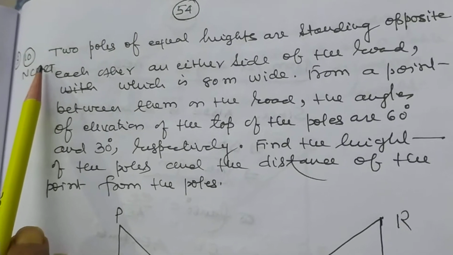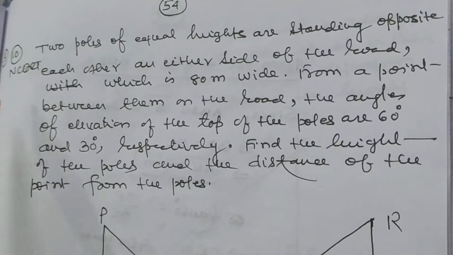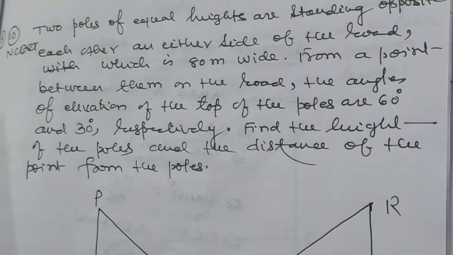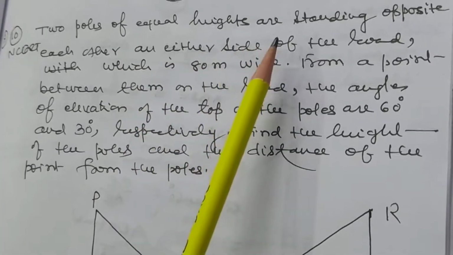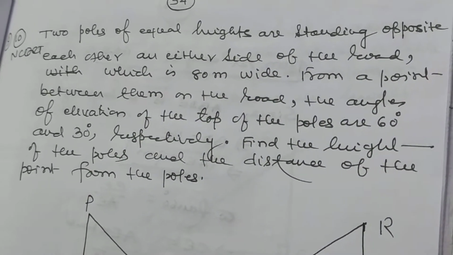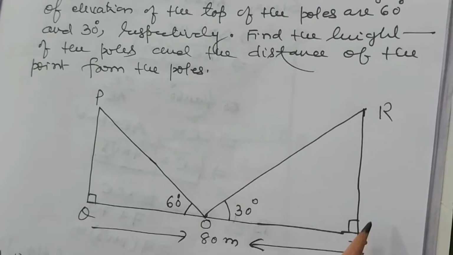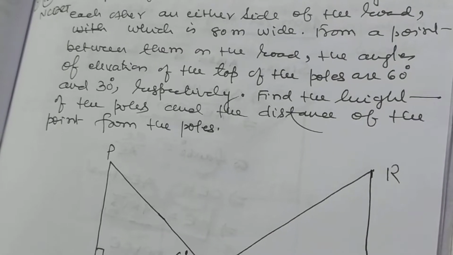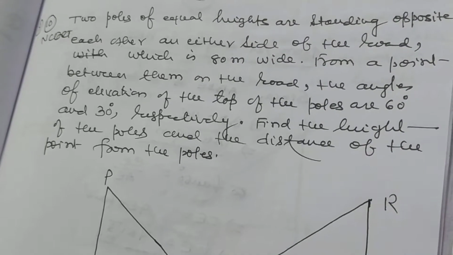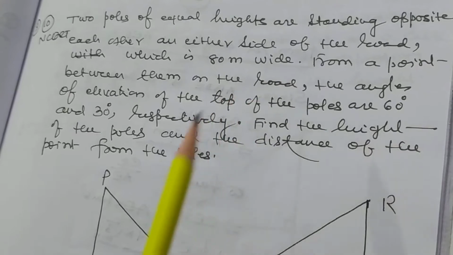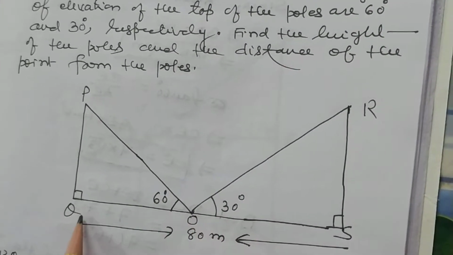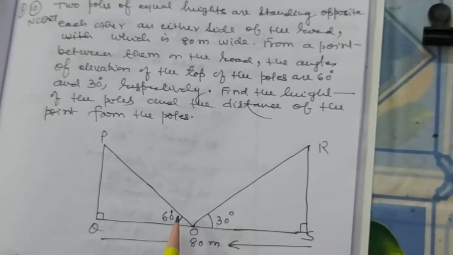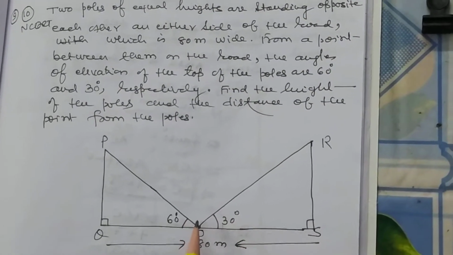Now I want to solve problem number 10 of NCERT and problem number 9 of the study material. Here what is given? Two poles of equal heights are standing. Here there are two poles, PQ and RS, of equal heights, and they are standing opposite to each other on either side of the road, which is 80 meter wide. The width of the road is 80 meter. From a point between them on the road, the angles of elevation of the tops of the poles are 60